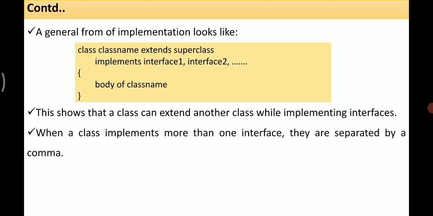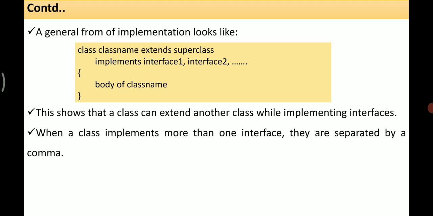It extends the superclass, that is, it inherits the features from the superclass, and it implements interface 1, comma, interface 2. So here it shows that a class can extend another class while implementing interfaces.